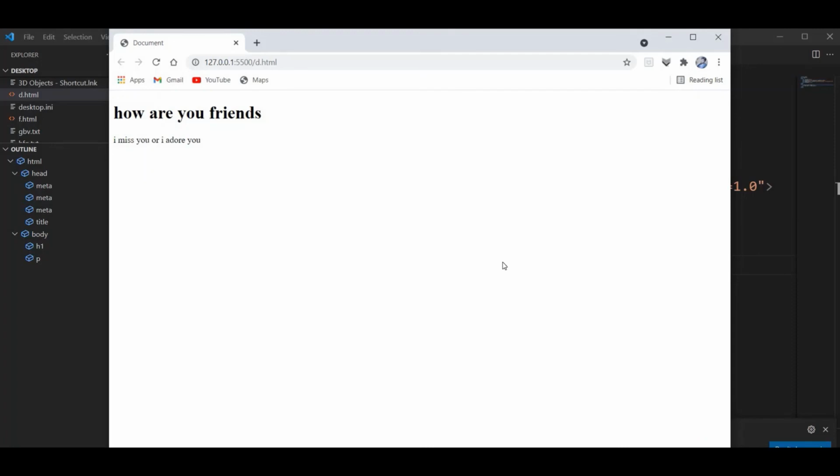At present, what we typed in the boilerplate, you will be watching from here in the code. This is the heading, this is the paragraph. So that's all about this.